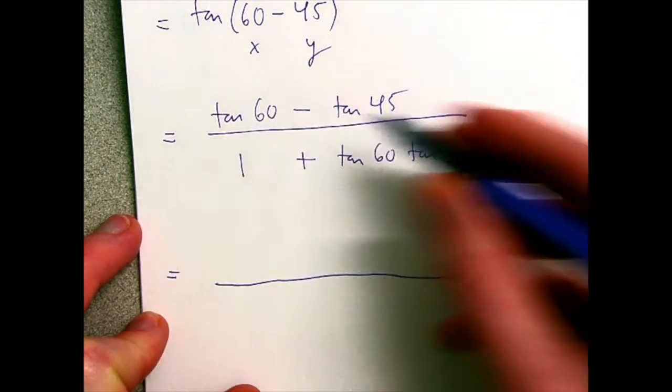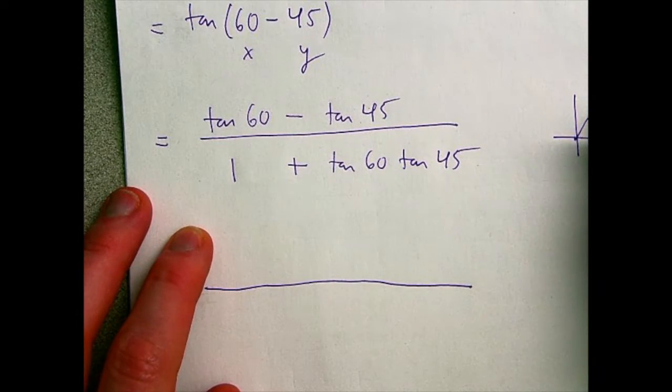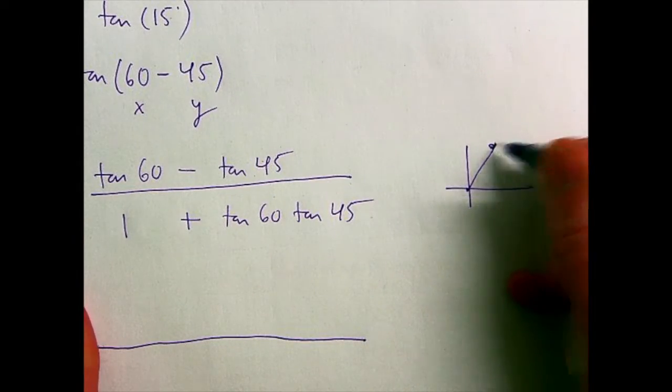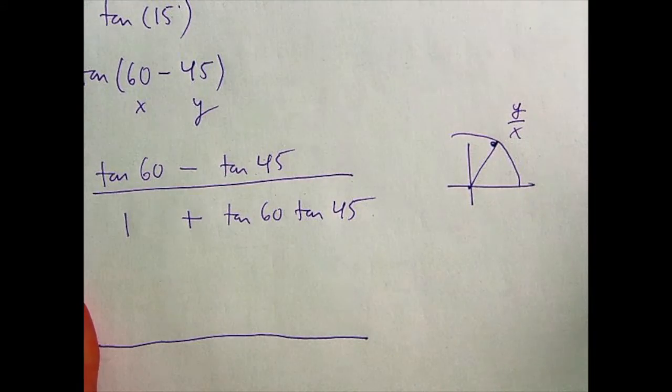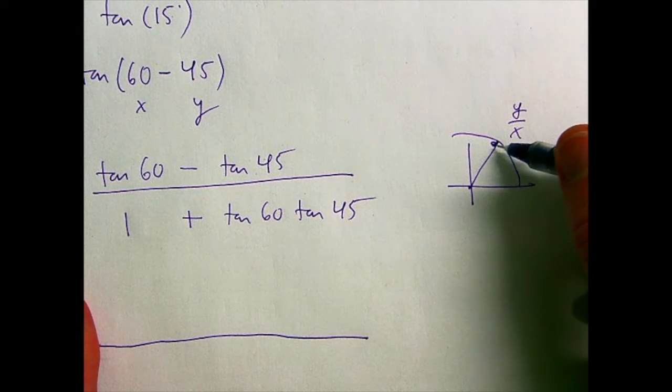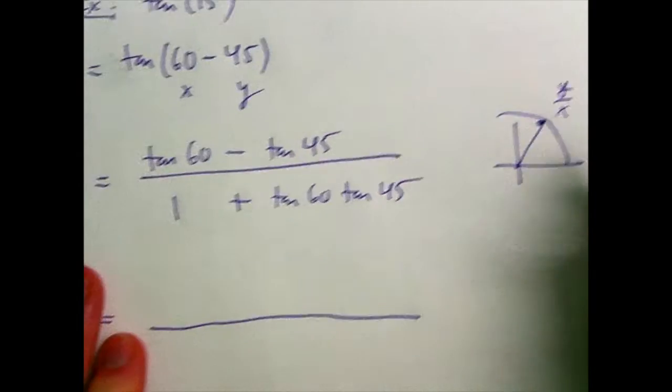This is going to be the bigger one. 60 degrees is more like this. The y value is larger than the x value, which means that the ratio y over x, which is what tangent is, should be sort of large, right? So that's going to be root 3